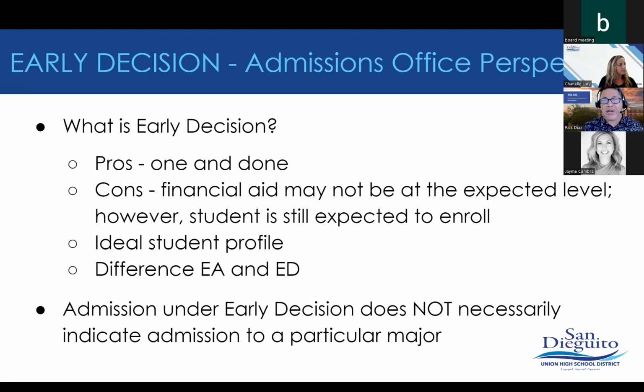The negative side of it is that all colleges don't meet full need. So you may not get as much financial aid as you think you might be eligible for, compared to another school where you did apply early action and you got their financial aid award. You can't go back in time and undo your early decision agreement. So if financial aid is still a concern to you, then I really am cautioning you against doing early action.